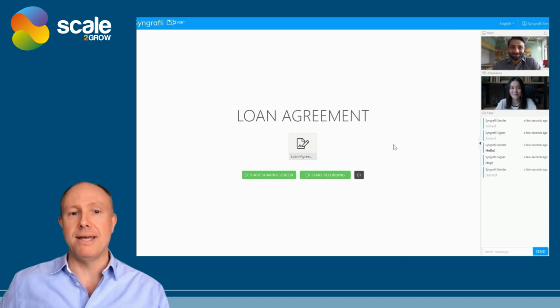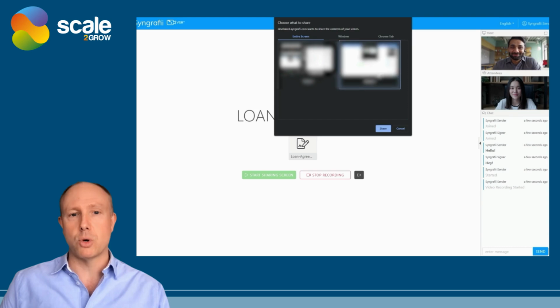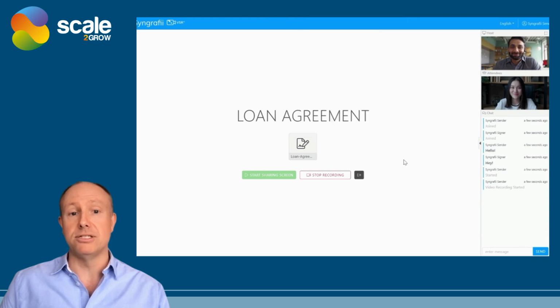The host then has the option to start the meeting recording and screen share. In this example, the host starts the recording first and then shares the screen with the remote signers. The screen share also then becomes a part of the video recording of the session that is added to the master file audit trail. In this example, there is one document that needs to be signed with the remote signer,